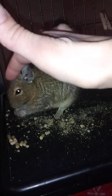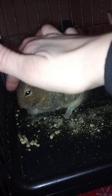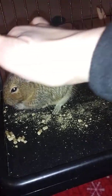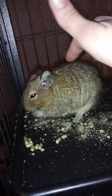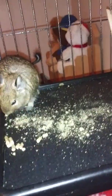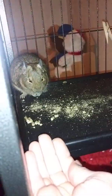But you just want to put your hand in there, and after a while they'll get used to you. Like this one, this is Sandy. Like I said, I can hardly tell them apart by looks. I can tell these girls apart by the way they act. Sandy lets me do whatever. I just pet her, and she's really cute. But Pearl, she lets me pet her too, but she's a lot more skittish, and she's the more dominant one. But she'll actually come up on this ledge, and I'll go like this, and she'll jump